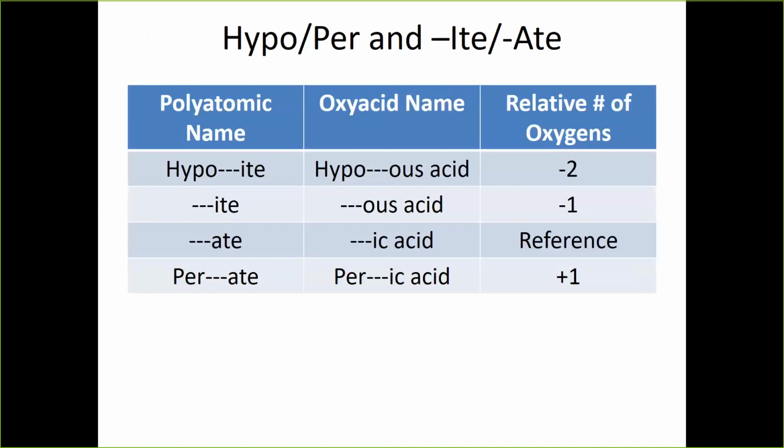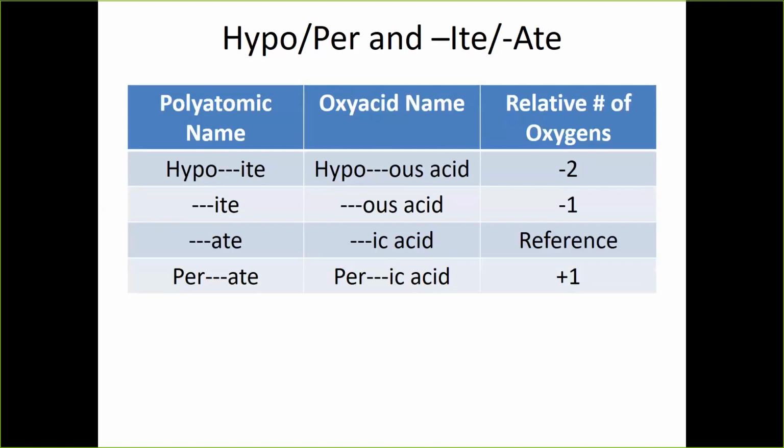Okay, this is actually an inorganic naming convention, but I'm going to show it to you because it can be used for naming some organic compounds as well. So what I'm showing you here, if you look down to the 3rd row where it says reference, this is looking at the amount of oxidation of acids. And so what you see is the reference one, then you have the -ous and -ic system.